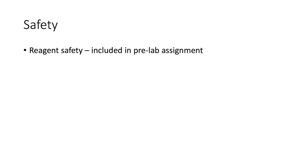In this experiment, you're going to practice a number of common experimental techniques. You'll perform a liquid-liquid extraction, you'll use a separatory funnel, and you'll be using a chemical drying agent. While you'll be looking up specific information related to chemical safety, at this point I'd like to point out that